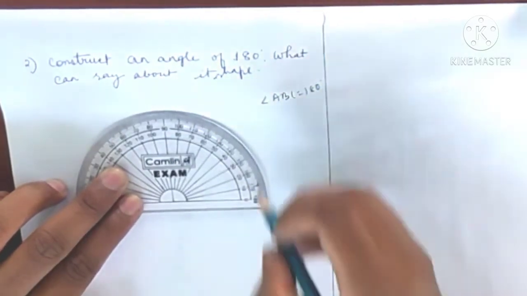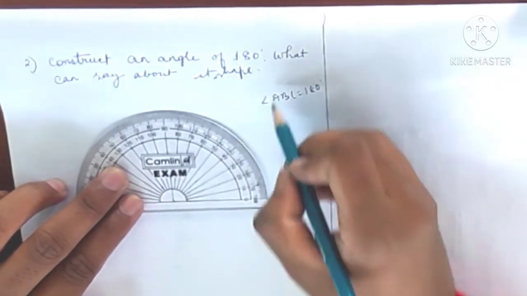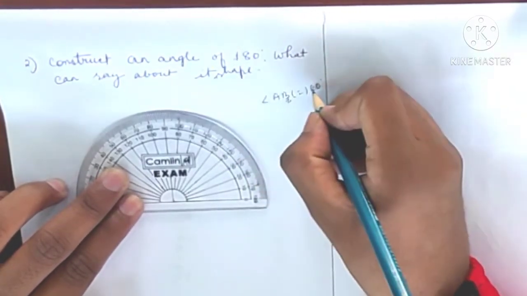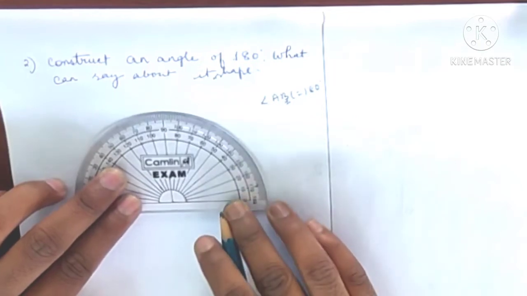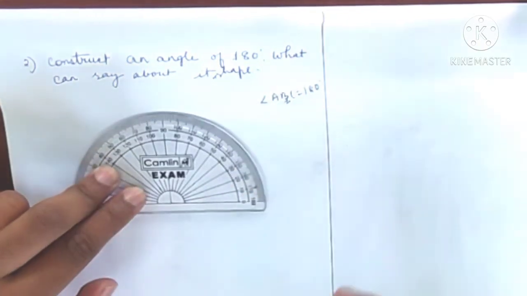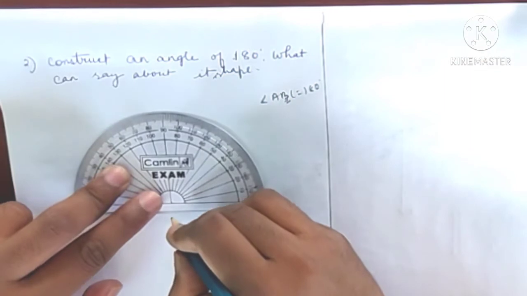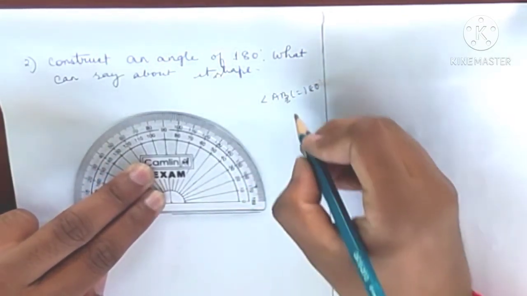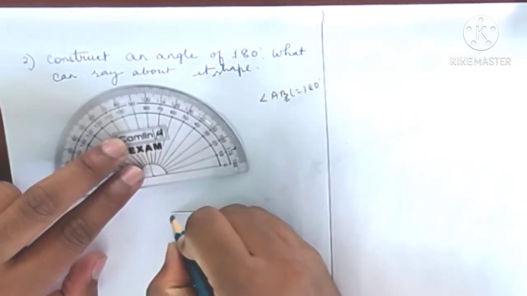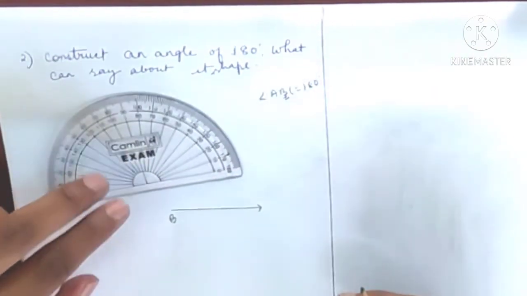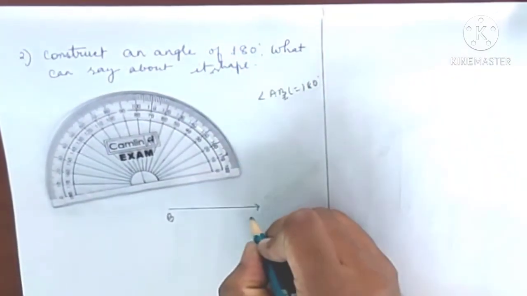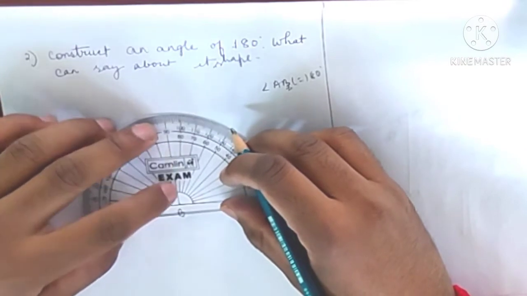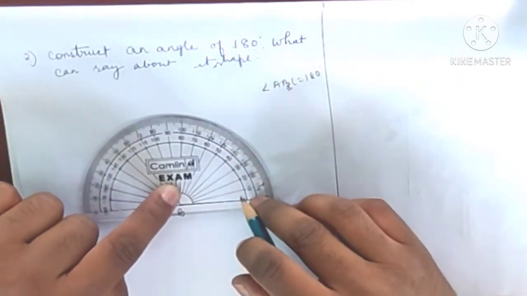Suppose, okay. So if ABC is equal to 180 degrees, that means B is in the middle of it. That means B is the vertex. So what was the first rule? What was the first strategy that I have said to you? You have to make a baseline from the center. As I have made it here, you see, since B was the vertex here, I have made B here. This other one is the ray. Now you see BC is the line that is equal to 180 degrees. Now at point B, the vertex, BC is one arm of it.